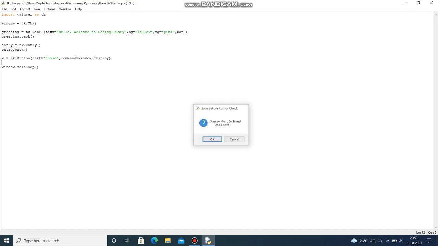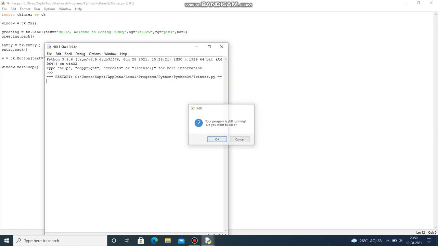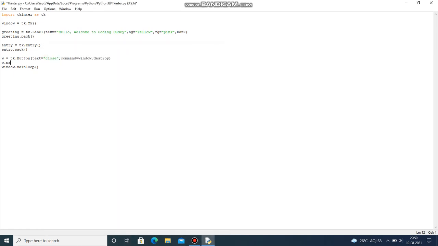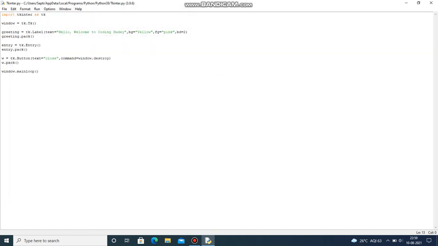Now let's see what happens. You are not able to see it because you haven't given w.pack. You forgot about the pack option. Now you got something called close. Let's try to close it. If you want to give background, foreground and things like that, definitely you can use that.